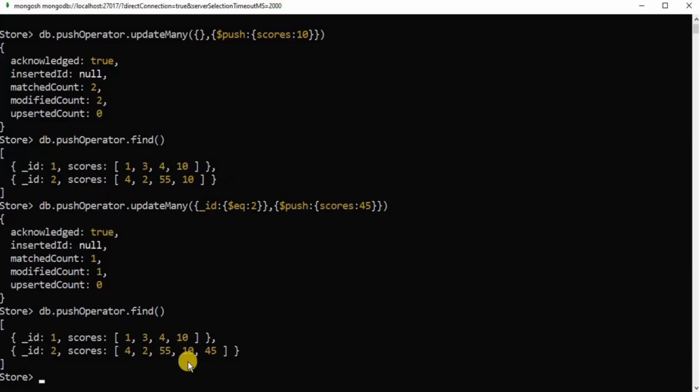So this is how you can use the push operator in MongoDB to insert elements at the end of an array